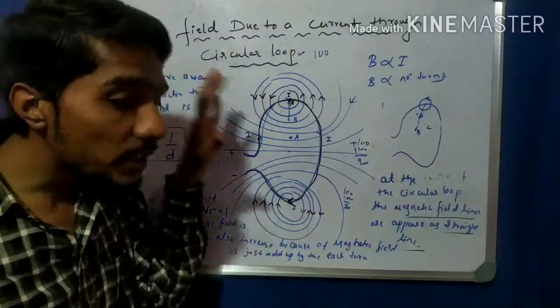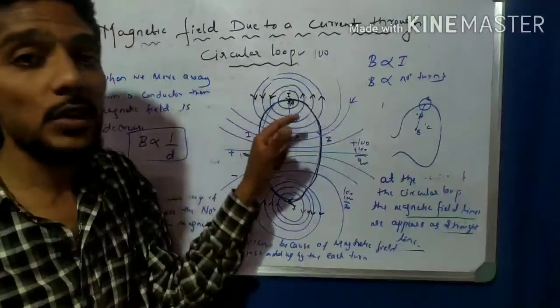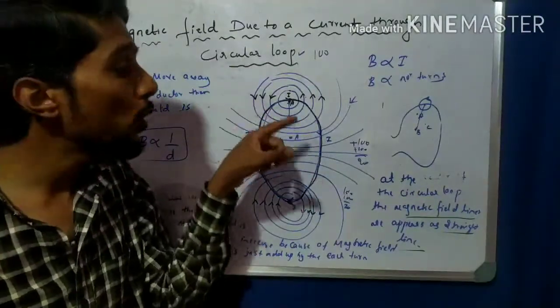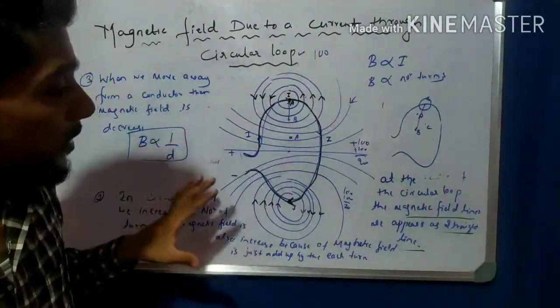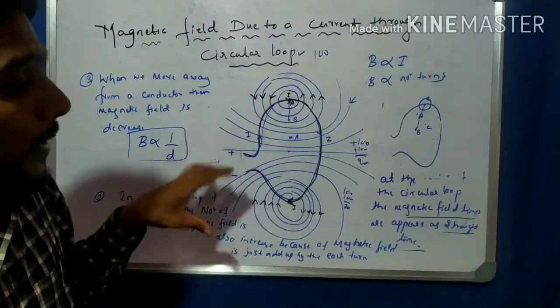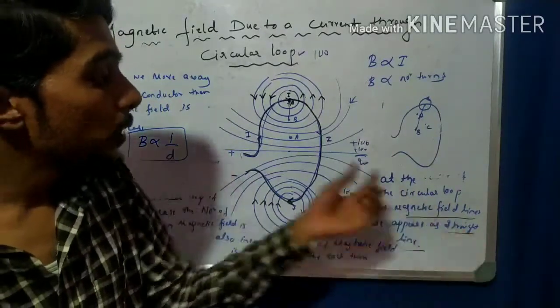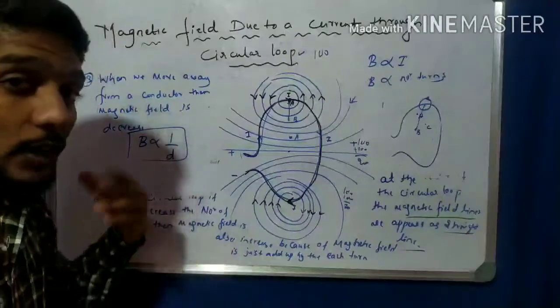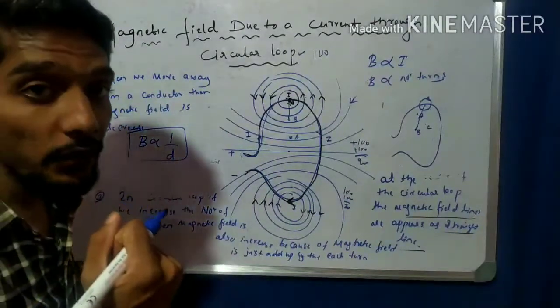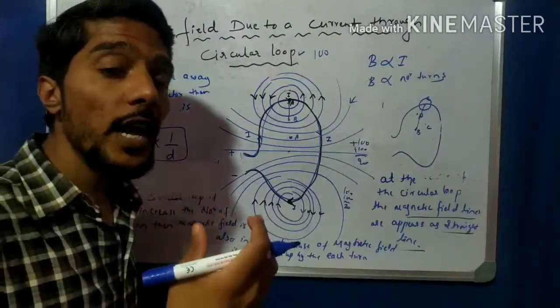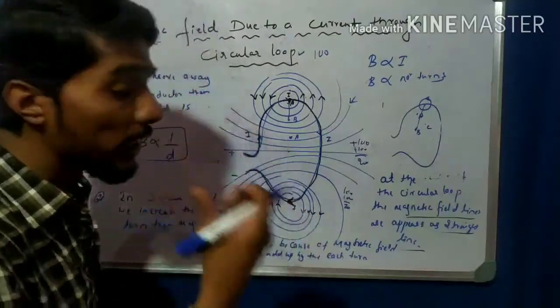So how do we find the direction of the current and the direction of the magnetic field in the circular loop? By using the right hand thumb rule. Like that. Now next we find three points. At the center, the circular loop appears as a straight line, that is one point, and another two points are about the strength of the magnetic field. We know that magnetic field has a magnitude.